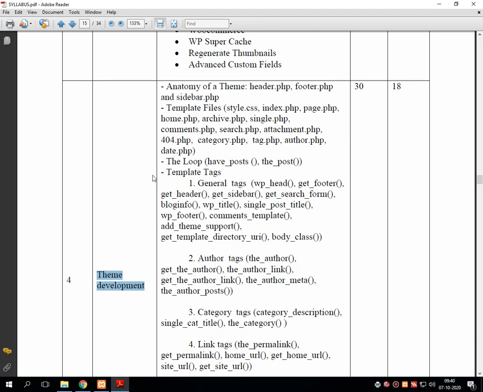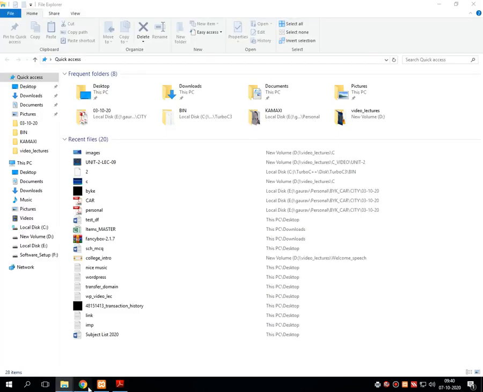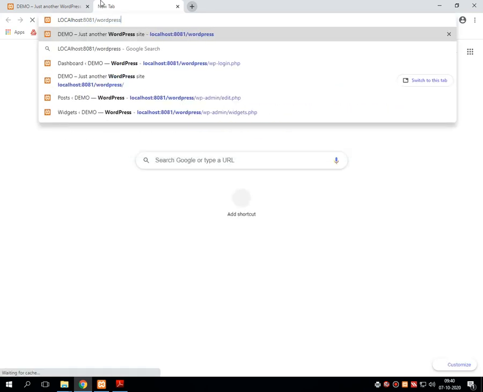Now, as we can see, in the anatomy of the theme there are header.php, footer.php and sidebar.php. What does it mean? Actually, these are the three files which come pre-built with any theme. For example, right now in my WordPress, let me log into WordPress.